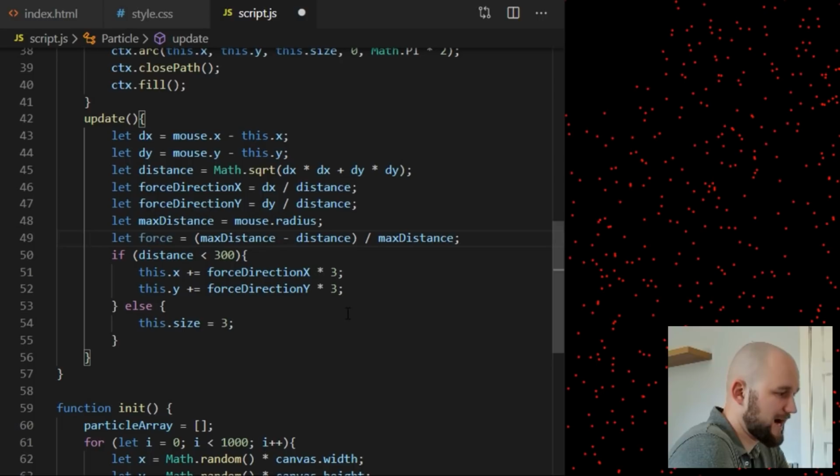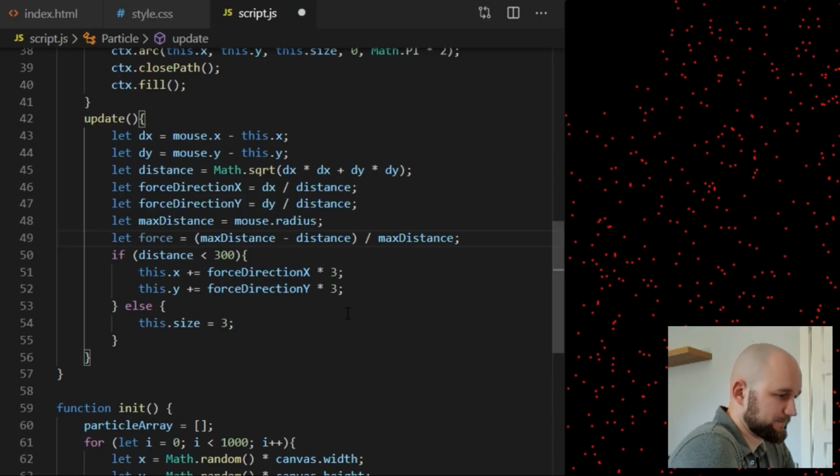Once I have that value, I will multiply it times particle speed, and it will cause particles to slow down in proportion to their current distance from the mouse. You can already see the calculation. I say max distance minus current distance to see how far the particle currently is from the max distance area, and once I have that value, I divide it by max distance again, which will tell me what proportion of max